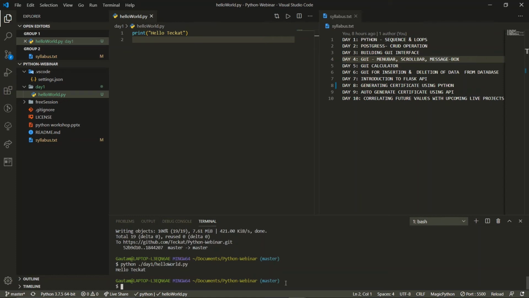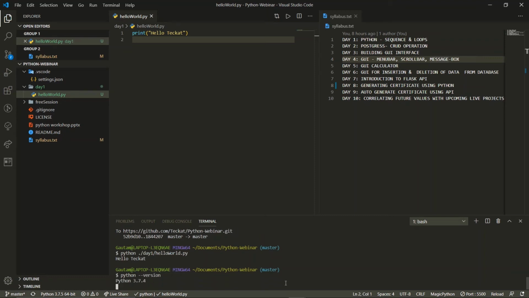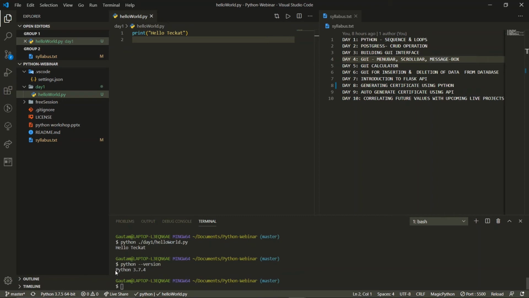You can go for the version, knowing the version of Python, because if you have a previous version like Python 2, many of the things are not available in Python 2. So I prefer that if you have the previous version, just upgrade to Python 3 and above. To know your version, you can write python --version. It will let you know the Python version that you're using. I'm using Python 3.7.4. If you have any other latest updates of Python 3, you can go for this.